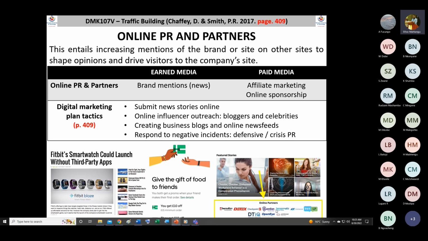Online sponsorship, you will see towards the right of the slide, you've got a nice practical example whereby a website will talk about who are their partners. Online partners include these certain companies, and then we sponsor maybe that website for it to run. And the more we sponsor this company or that website, we already get some sort of a mention from the company that we are sponsoring, because you can see in this illustration, all these companies are mentioned